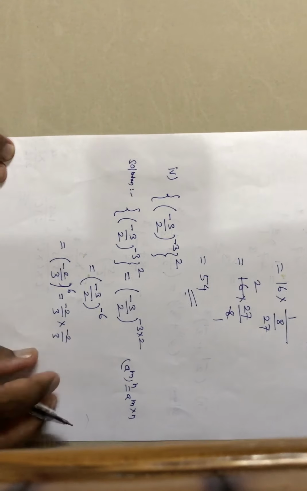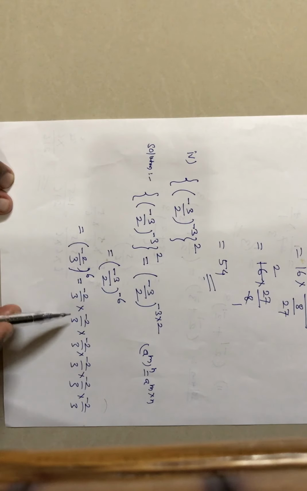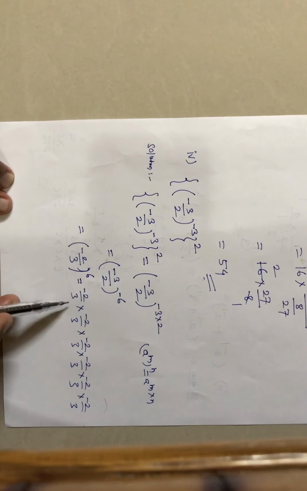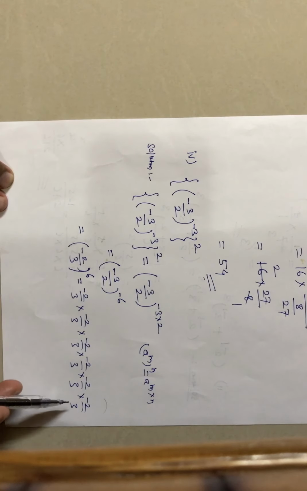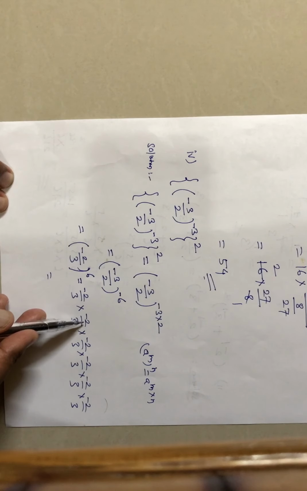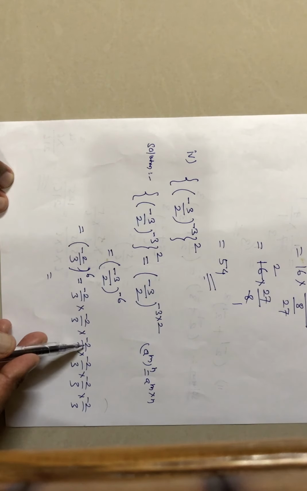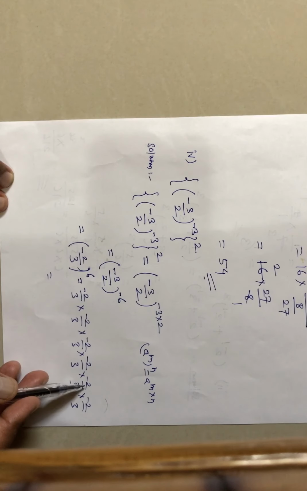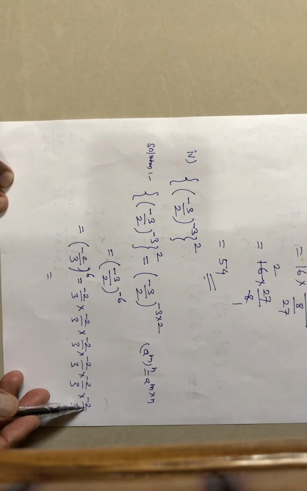Here the power of minus 2 upon 3 raised to 6 means in multiplication we have to write minus 2 upon 3 six times. 2 twos are 4, plus 4 twos are 8, minus 8 twos are 16, plus 16 twos are 32, minus 32 twos are 64, it is plus 64,